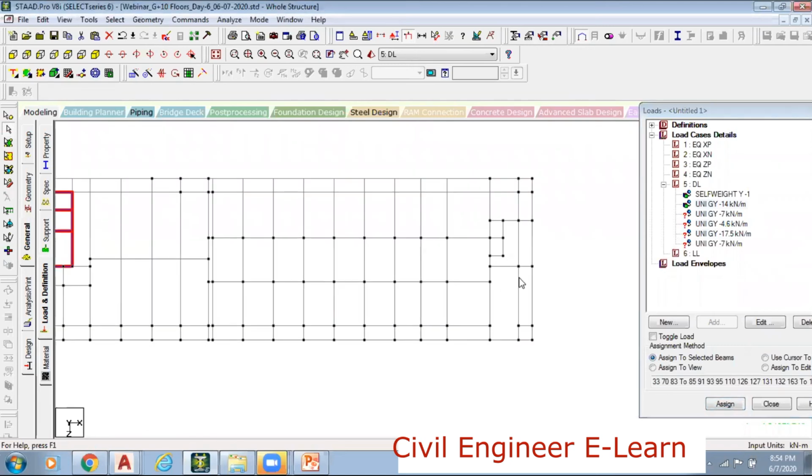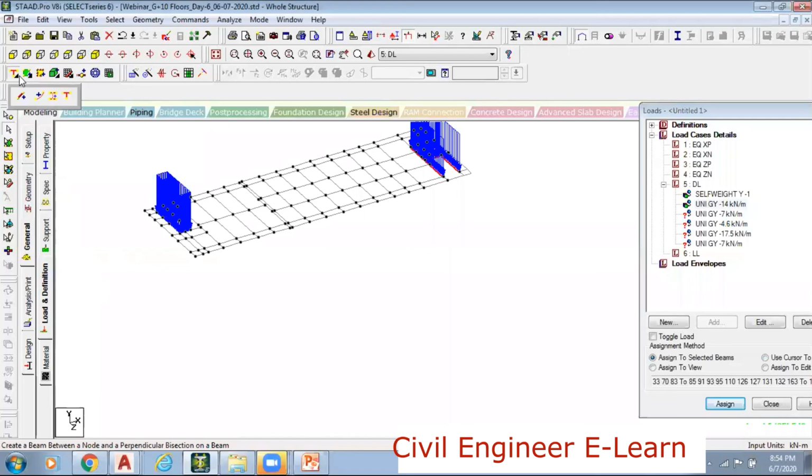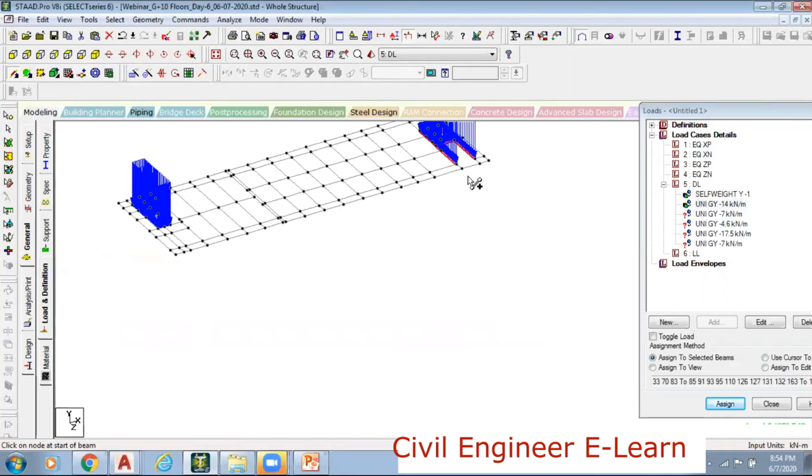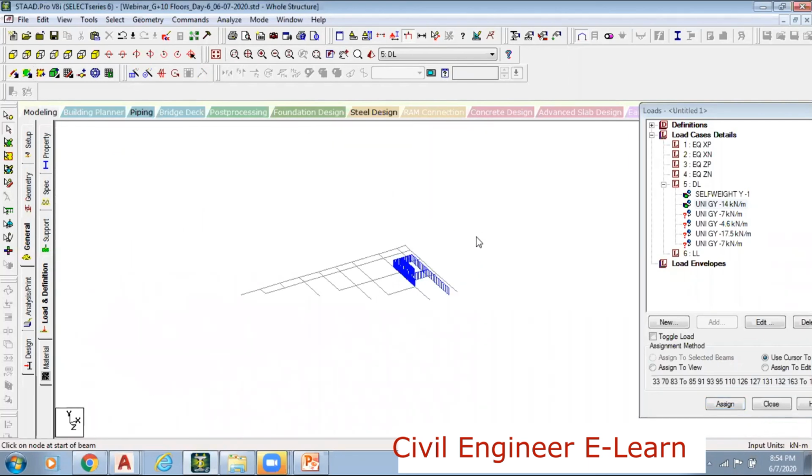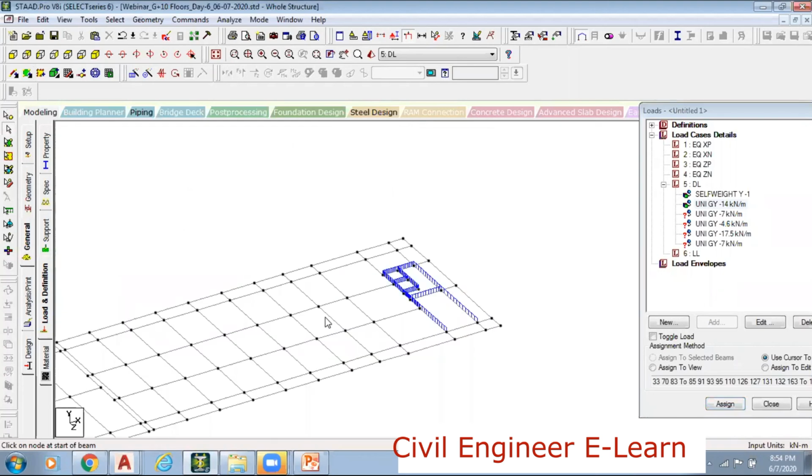Now I go to this one also. I'll select like this. Assign, yes. I will add one more member here. From here to here. And then I will also add a member. I wanted to just close this.